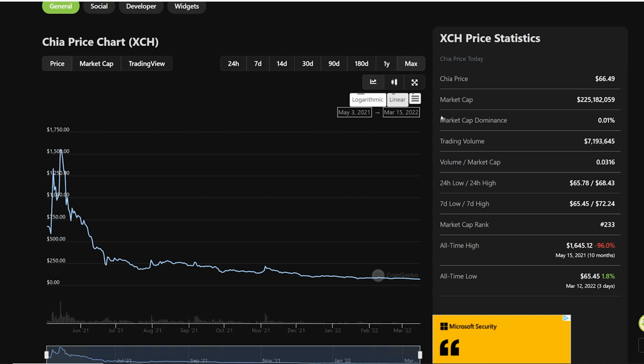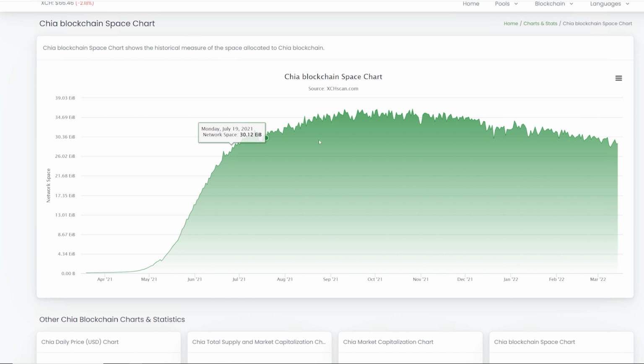So that doesn't give much confidence. There's not much confidence here in the project, I have to say, in terms of the price. But looking at the blockchain space, it hasn't fallen as much as the price, I would say. Relative to what the price is, you can see here the highest peak of the Chia blockchain, I'm going to say, is this peak here, 36.47 exabytes.